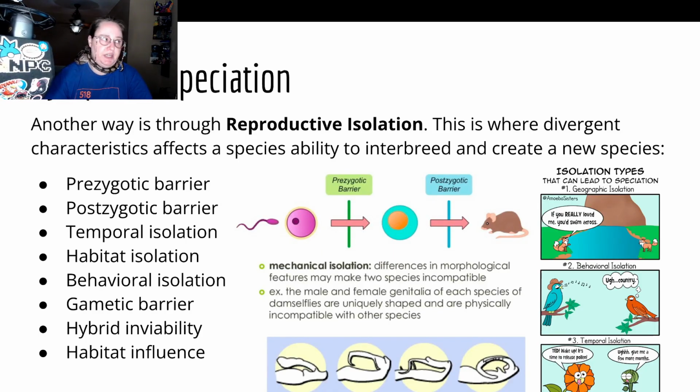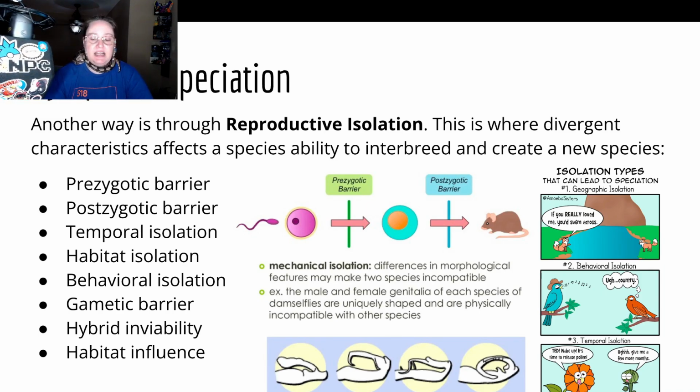You can see it with plants. There's some plants that, for instance, morning glories. What they like to do, they open up in the morning. That's when you're going to get pollinated. And then we have the other ones that open up in the evening, and they get pollinated by a different group of pollinators and at a different time. That's a timing thing, and that can lead to completely different species just based on timing.